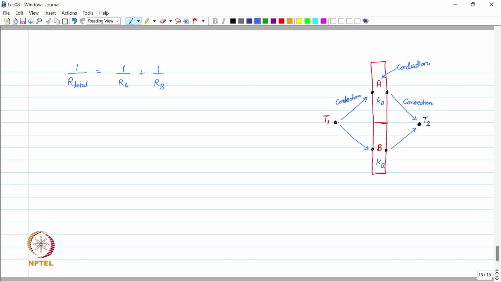Now path A has three subsections. One is this path where the heat is flowing from T1 to material A through the convection mode, and this is the second section where the mode of transport is conduction, and heat is flowing from this point to this point, and the third section is where the heat is again flowing through convection from the material A to the point T2. So we can write the overall resistance of the upper path like RA,